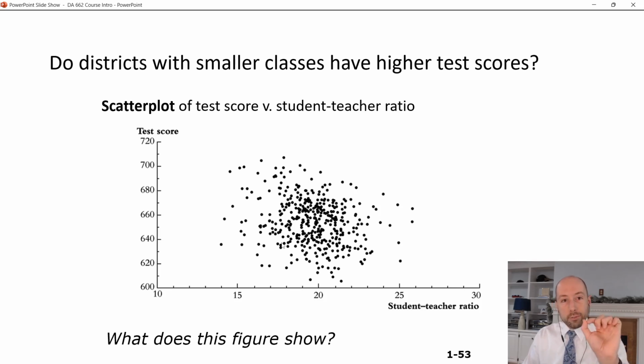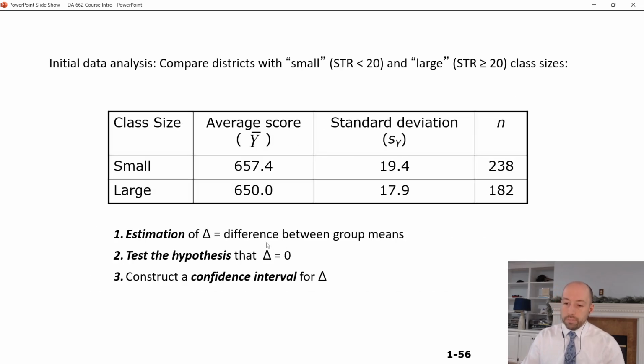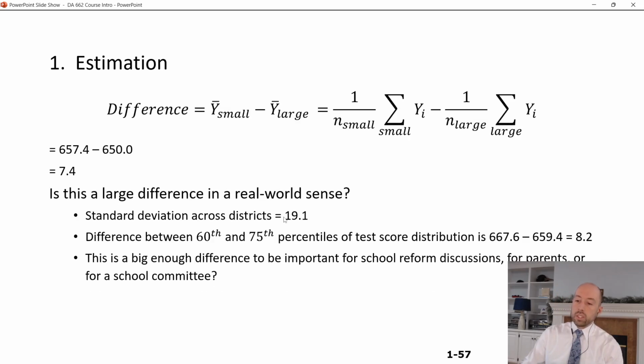So when I see that the average is 7.4 higher in the small STR groups, can I make that comparison based on the regular standard deviation? Unfortunately, the answer is no, because the average isn't supposed to be up here like some of the data are, and down here like some of the data are. The average is supposed to be right smack in the middle. So that standard deviation, 19.1, we can stretch into something called a standard error,